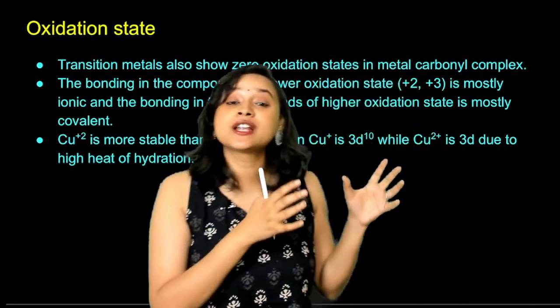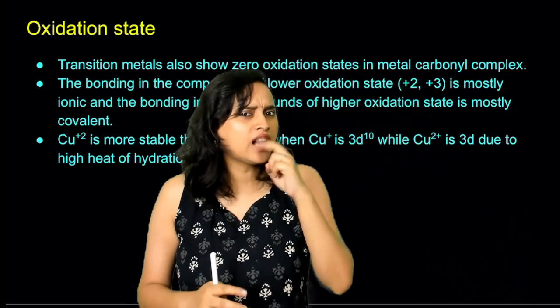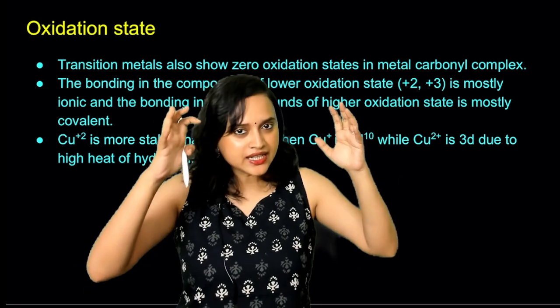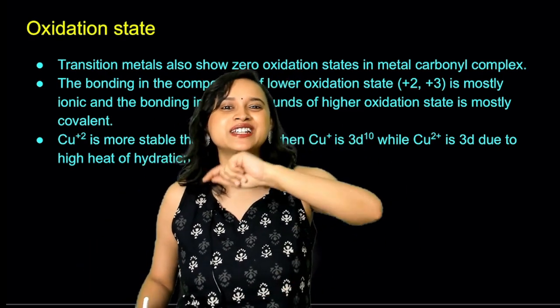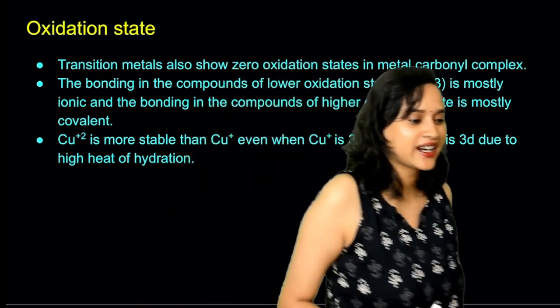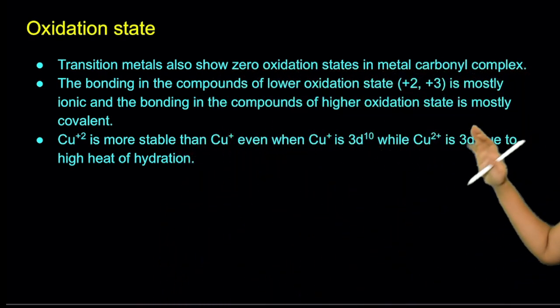But if you look at the +2 and +3 oxidation state, even after losing 2 or 3 electrons, it will still be of a bigger size. That means we have a large cation, small anion, and that will give rise to ionic character. Gotcha. Is this clear? Amazing.